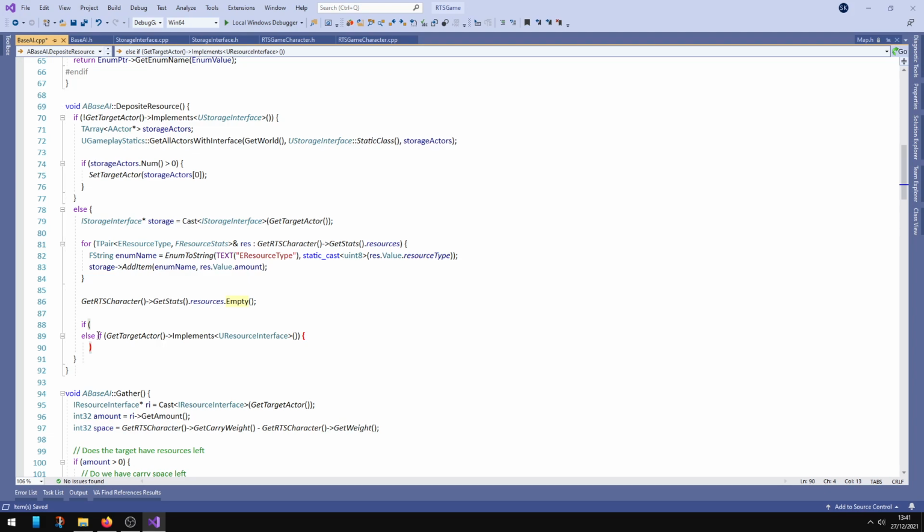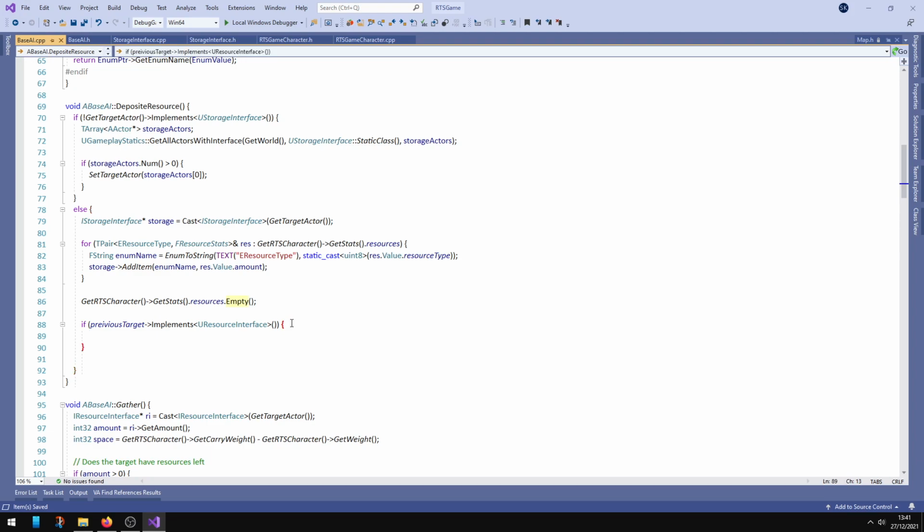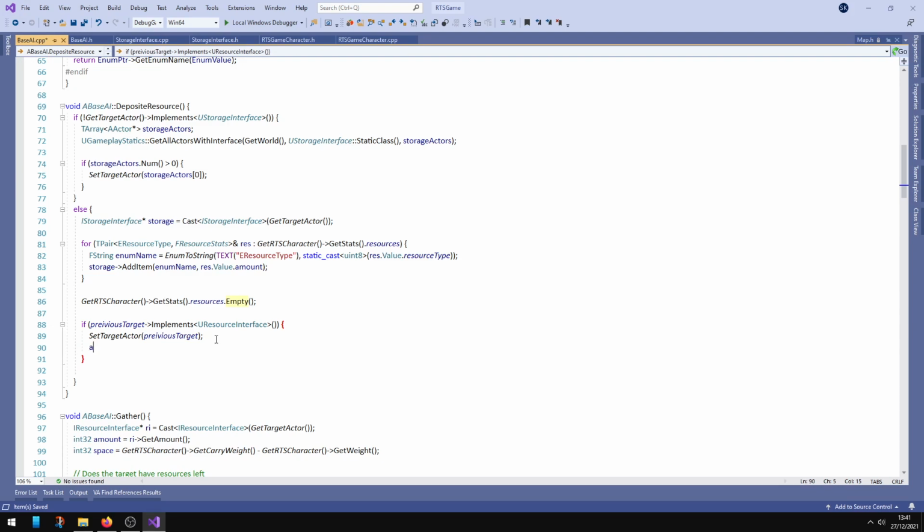If, let's remove that. And then this is going to be: if previous target implements resource interface, then we literally want to do set target actor to previous target, and then current action going to equal gather, and then it should head back to the previous target, and then it will